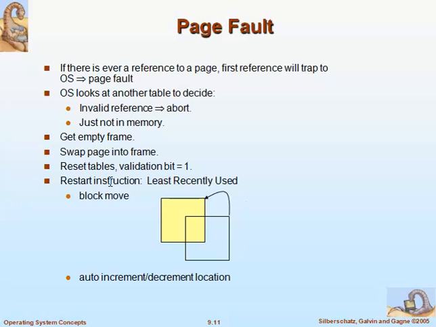The first time, the instruction was stopped or aborted because the page was not available, so we generate a trap there. So the process was aborted because the particular page was not available. Once the operating system gets that page and loads it into the main memory, it will restart from the instruction where we got the page fault. Now that particular instruction will find the page already loaded into the main memory, and it will continue with the execution.